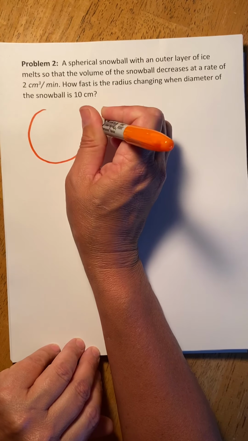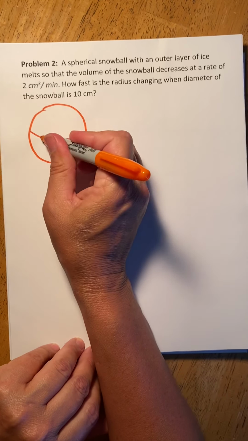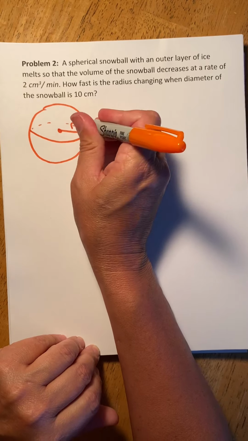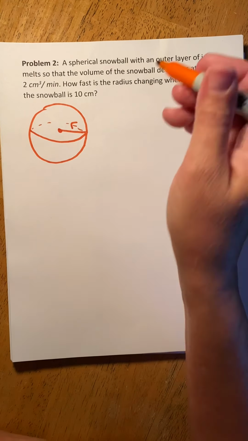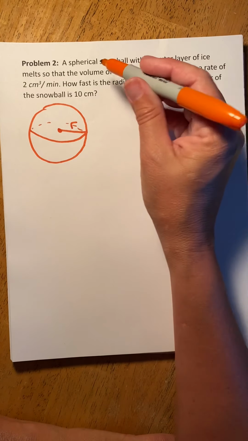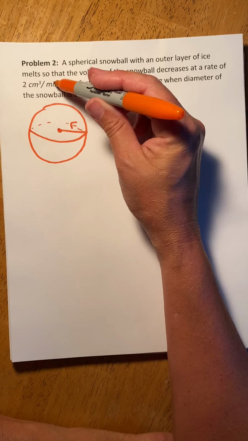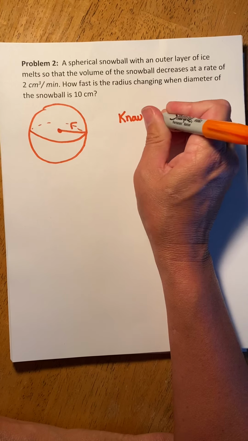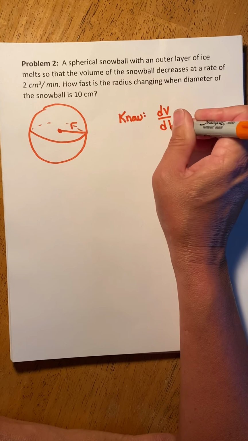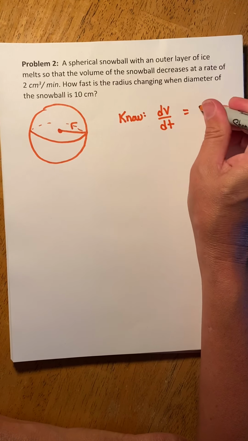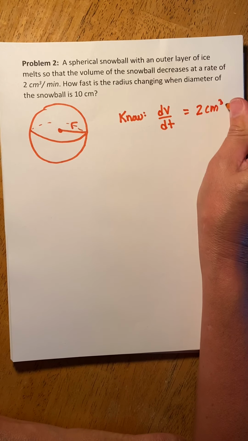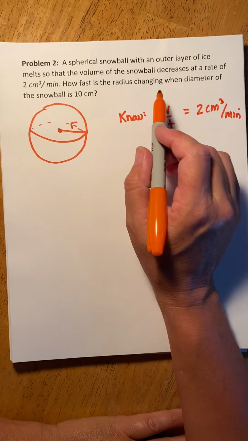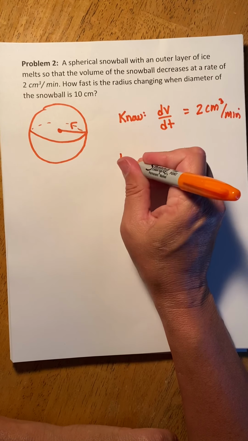But you should know pretty much anything square and anything round, right? So we have a snowball here, right? And here's the radius of my snowball. So we know the volume decreases at a rate of 2 centimeters cubed per minute. So we know dV/dt, the rate of change of the volume, is 2 centimeters cubed per minute. Right? How fast is the radius changing? Looking for,